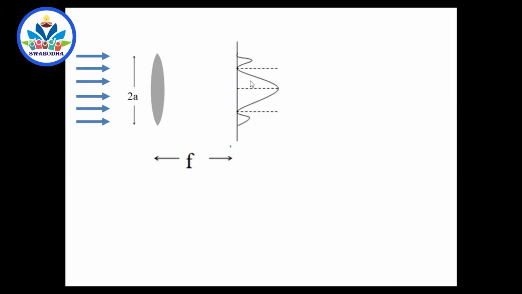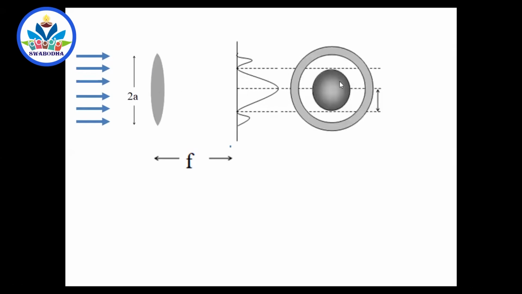Diffraction pattern means the brightest spot here, where it gets focused, and the brightness goes on decreasing and becomes dark. Since it is a circular hole, we usually call it a circular aperture. Aperture means a small gap. We get actually the pattern like that. Of course, it won't look like this; you have to turn it 90 degrees. This is only the replica of whatever I get here. So you will get a circular patch here and dark, then bright, and so on.